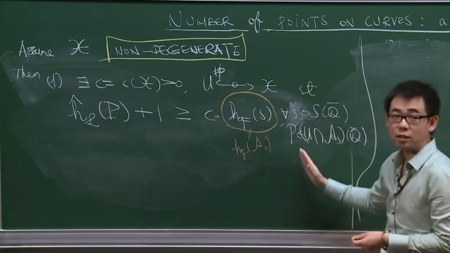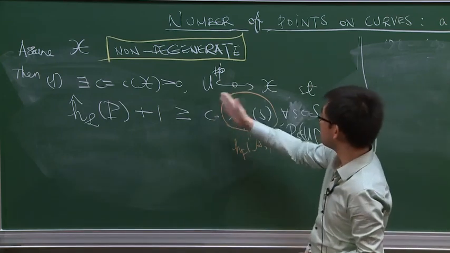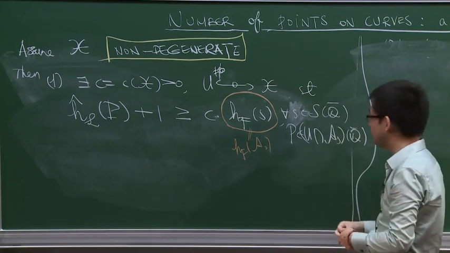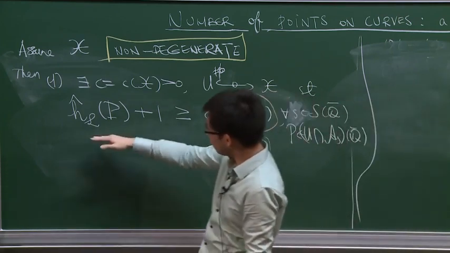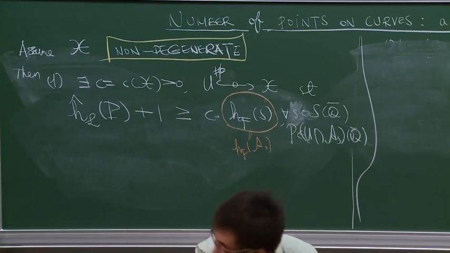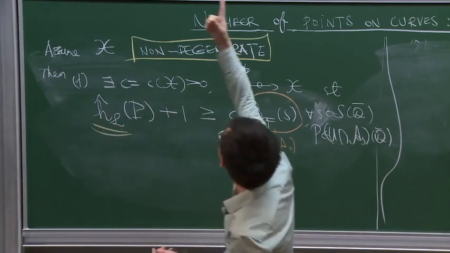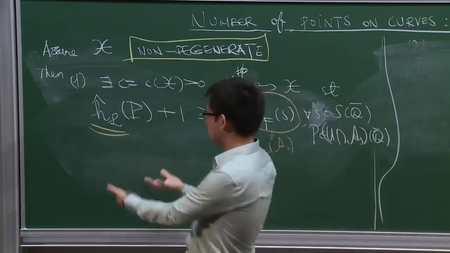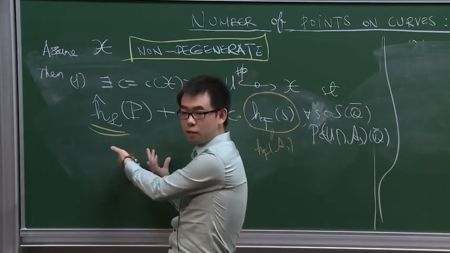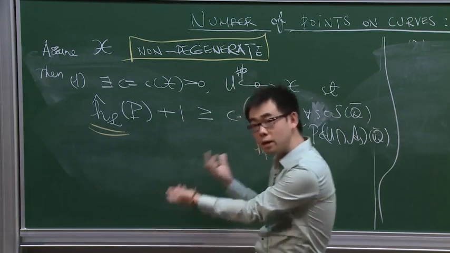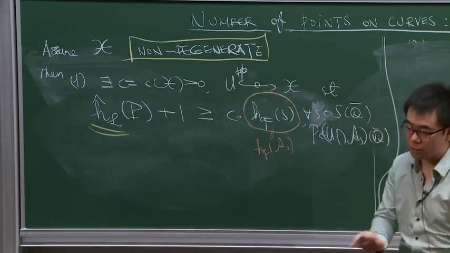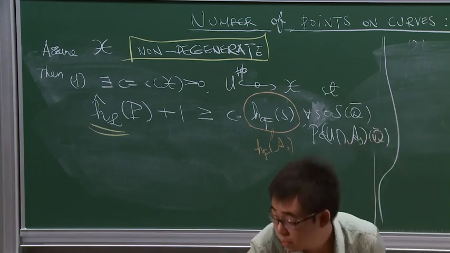It does not really depend on the fiber. And this point P lies in this Zariski open dense subset, but it's also on the fiber over S. So this height function is really the fiber-wise defined Néron-Tate height function I talked about above. The left-hand side depends purely on the fiber, the right-hand side depends purely on the base. A priori, there's no relation between them. We can't expect to have a bound.